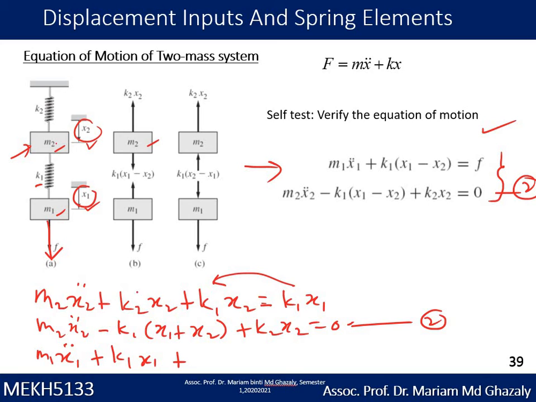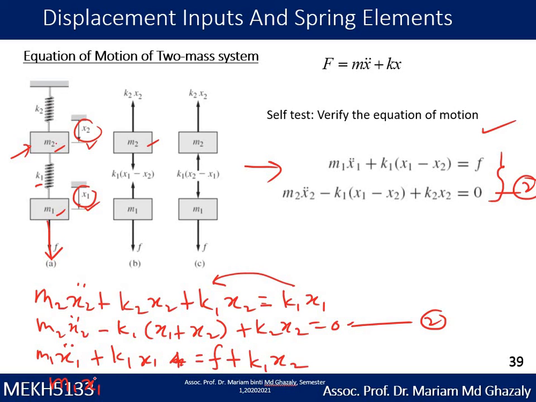Nothing else, except the force. So you have a force F. Anything connected to M1 through K1 has a displacement over here, so plus K1 x2. If you rearrange this equation, sorry, I don't have space here, but I will write here: